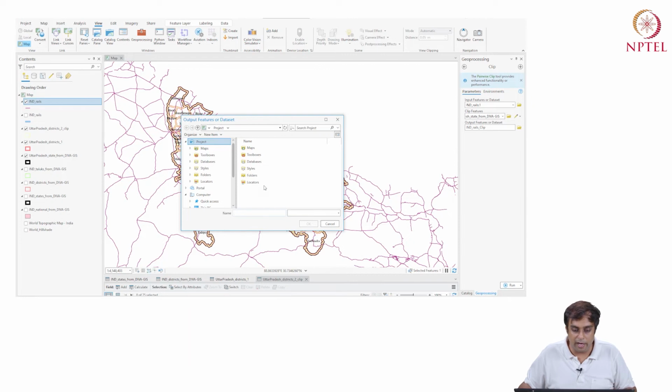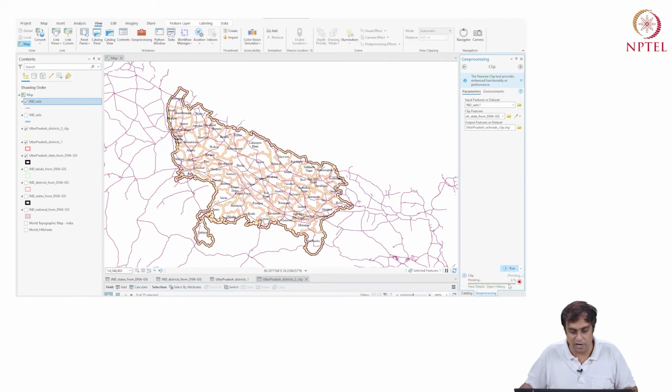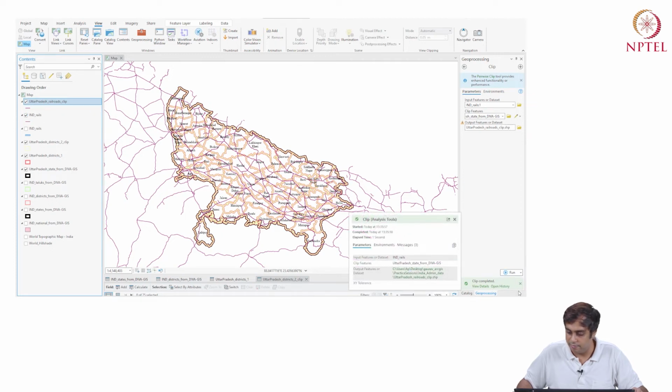And I'm going to call it Uttar Pradesh railroads, and I'm going to say clip because I am using that function, and I'm going to say shape, save, and I'm going to say run. And if I now uncheck, okay, clip completed, okay, done, fantastic.